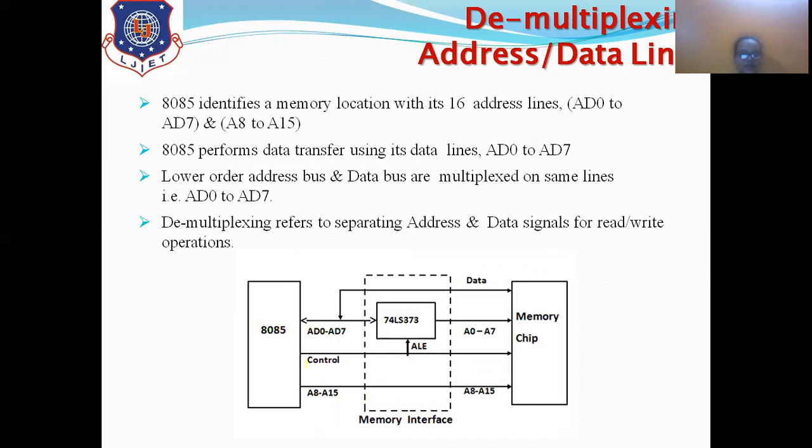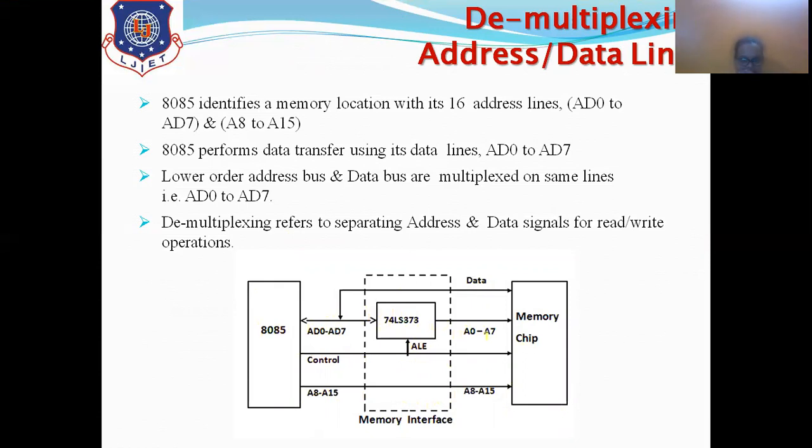Now this figure shows how the demultiplexing can be carried out and interfaced with the memory. As you can see, this is the processor. The processor has the higher order address lines which are transferred directly to the memory chip. Now these are the control signals, in which one control signal, the address latch enable, is given to this IC, which contains 8 D flip-flops. So whenever this address latch enable is equal to 1, AD0 to AD7 will pass through this IC